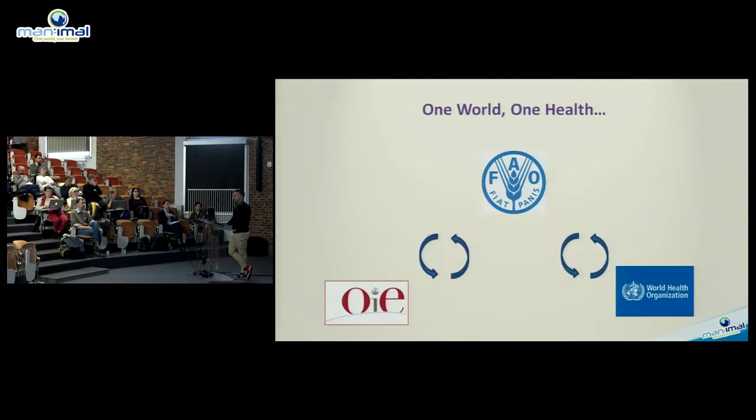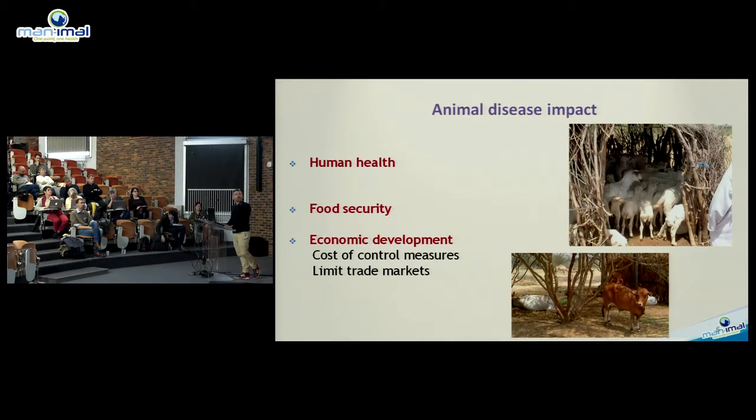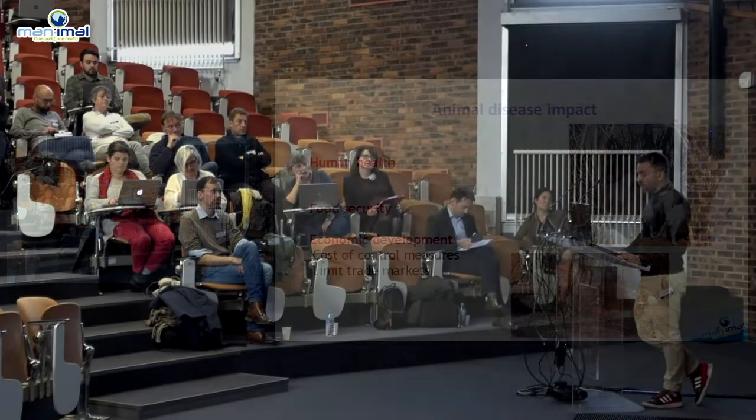Really quickly, you heard about it. That's something that has been around for some time, the One Health approach, where you have a holistic integration of animal health and human health in terms of controlling and preventing disease worldwide. So what is the impact of animal disease, for the veterinarians in the room? Of course, you have human health. You have food security. Of course, when you have a country that is hit by foot and mouth disease or avian influenza, you have depletion of protein sources for the population. So you have to make sure that the animals are kept safe from infectious disease.